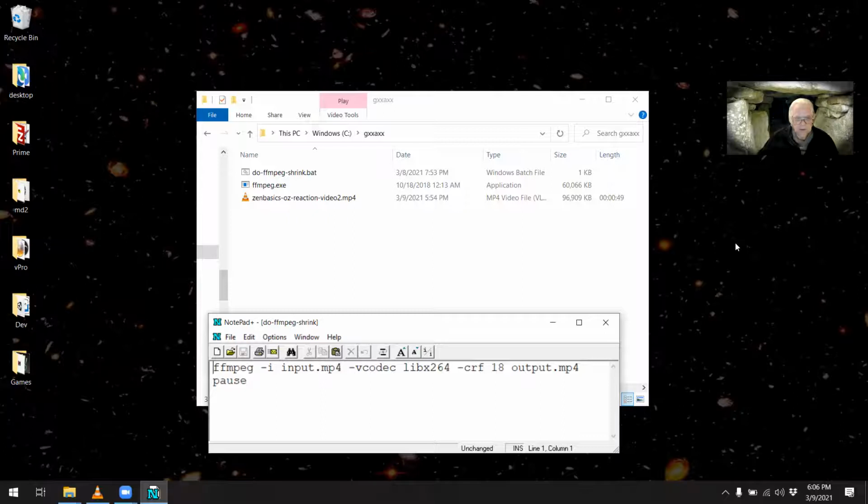Near the bottom of the screen, you'll see the formula that's embedded in my do ffmpeg shrink bat file. That's BAT, short for batch. That's a DOS program file that will run by double clicking it. Inside you'll see that it's got a bunch of letters arranged appropriately. You can just treat those as magic, with the exception of